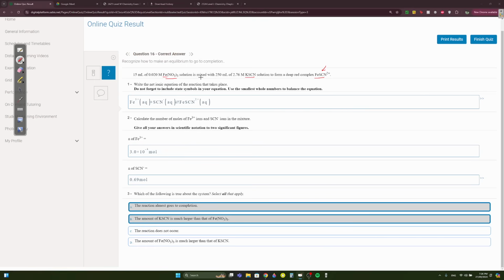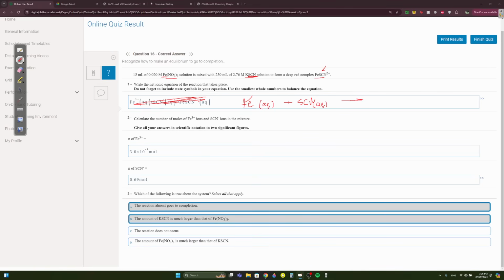You have Fe, you have KSCN. Okay, very easy. KSCN, we have SCN and we have Fe. Okay, so imagine this isn't here. We're going to put Fe. Of course ions are always aqueous. Whenever you're doing this, the state symbols are always aqueous. Okay, we're going to put plus SCN